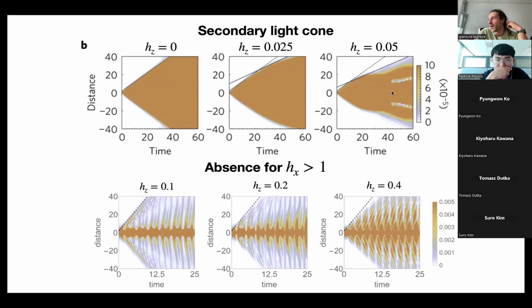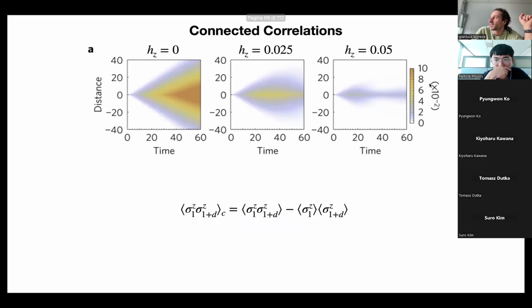So this light-cone structure that can be seen in real-time dynamics is basically shrinking. But then we can do something better. These first 3 plots are the same plot as before, just with a different scale to highlight what's going on. You can still see that there is some residual correlation. This residual correlation is given by pairs of mesons that are propagating. Here you don't see them because the signal is too weak, as there are few of them. So the biggest signal is given by